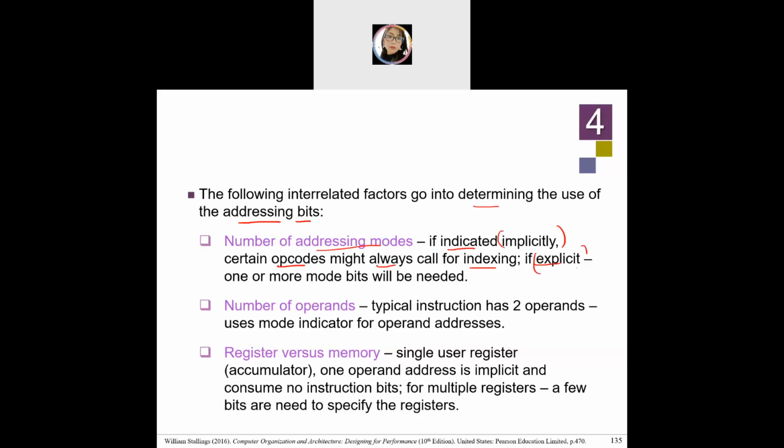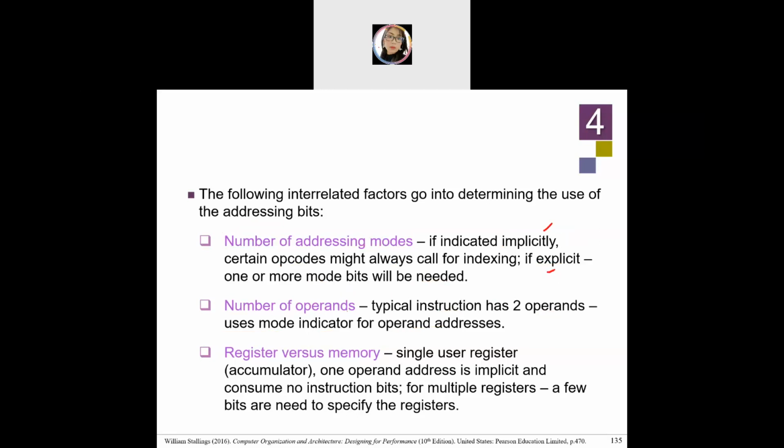If explicit, one or more mode bits will be needed. That is under numbers of addressing modes. For numbers of opcodes, typically an instruction has two operands. Use a mode indicator for operand addressing. So all of this normally you need to remember, okay? It will come out with the